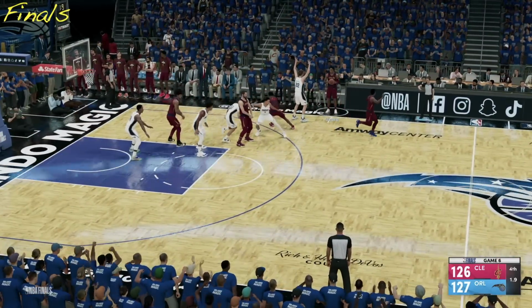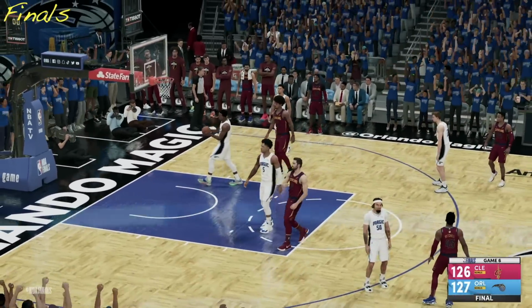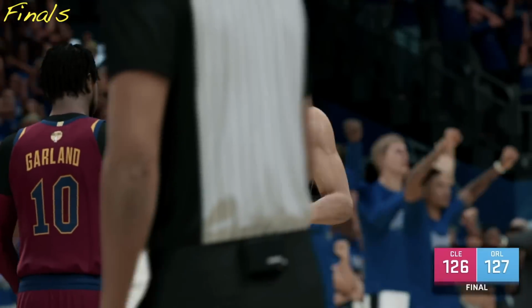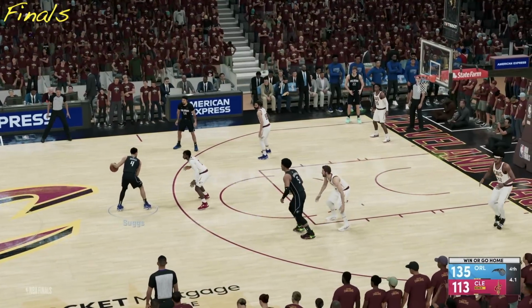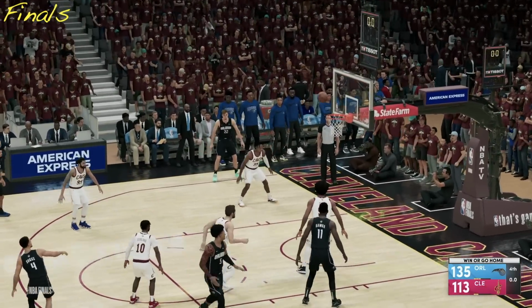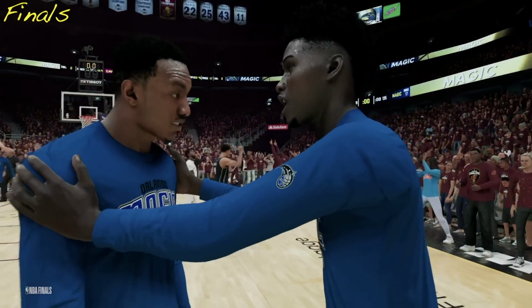The Cavaliers will inbound from the side. Looking to win the championship. It's Garland. No good, and we're going to 7. Unbelievable what just happened here in this fourth quarter. Jalen Suggs with a three-pointer, and as we go to 7, can you believe it? The Orlando Magic, yes, are the best team in the Eastern Conference, as they will win this simulation in 7 games, and they'll take out the Cavaliers.